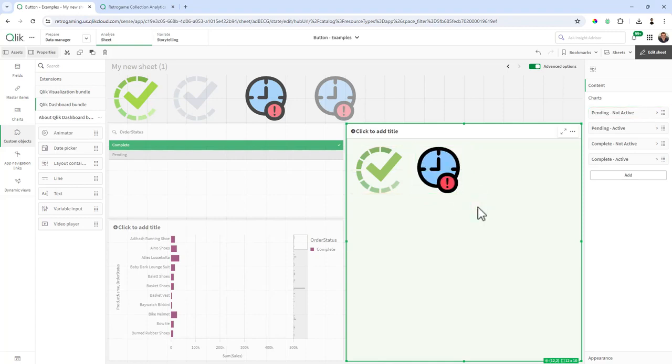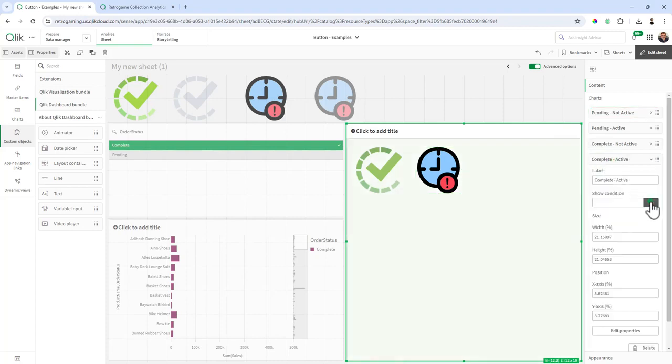Okay, now the next thing we need to do is set up the show hide conditions. And that's as simple as selecting each of your objects. Now keep in mind, you're going to want to select them here, because the other ones are covered, so you're only going to get the ones that are covered without moving them. So use this selection. The first one we're going to do is complete active, and the show condition for this is going to be